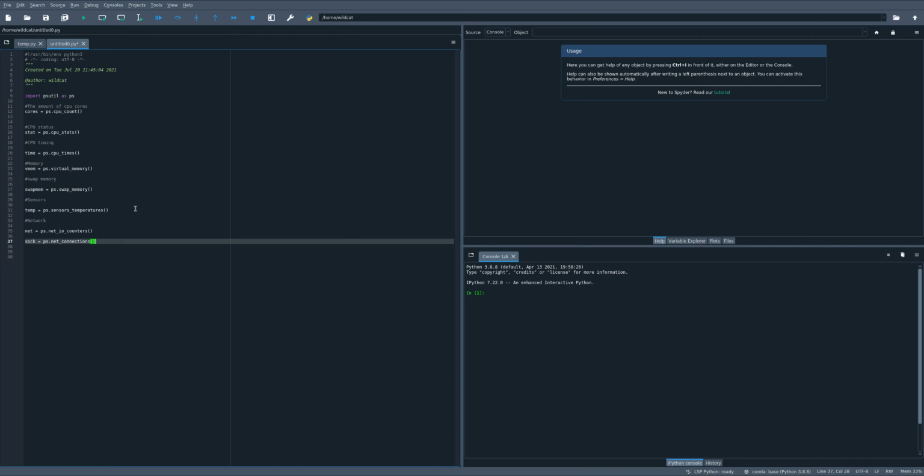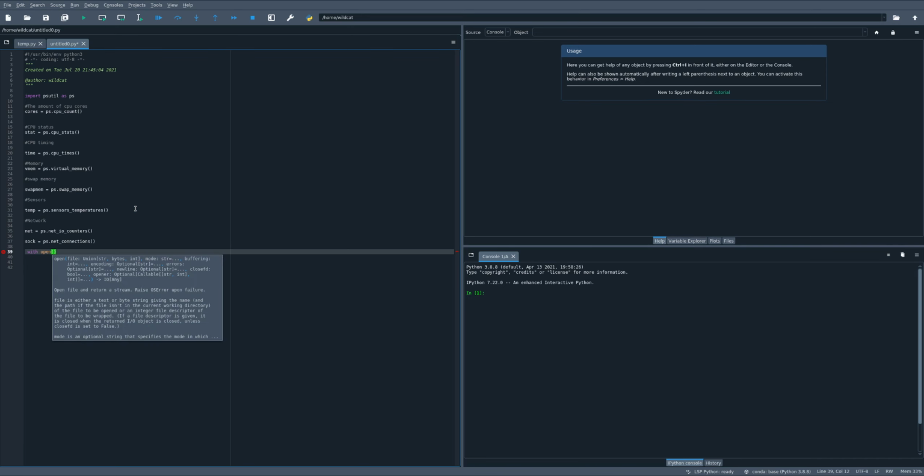So let's now try to place all this information into a log file. Let's go ahead and create a log file for this. All right, so I will do this right on my desktop where I'll be saving this information. So I would say with open, and I'll call this system